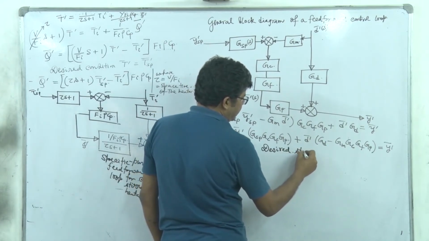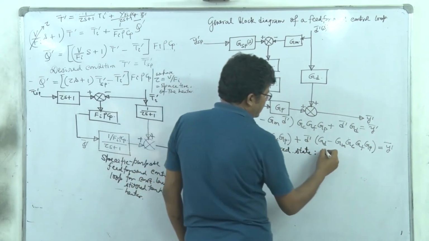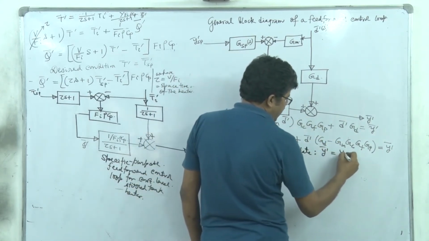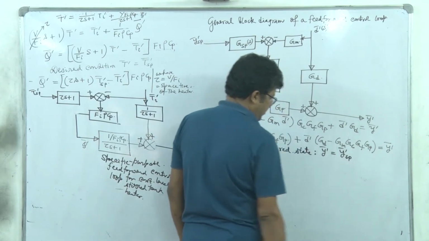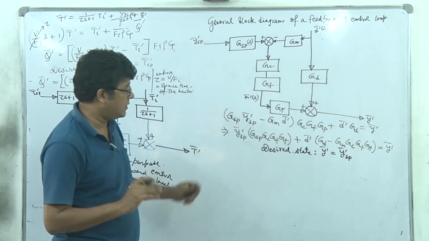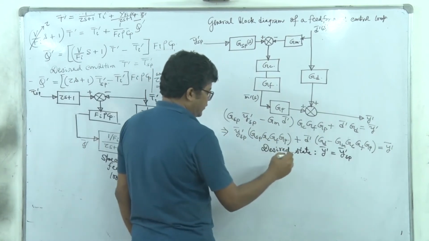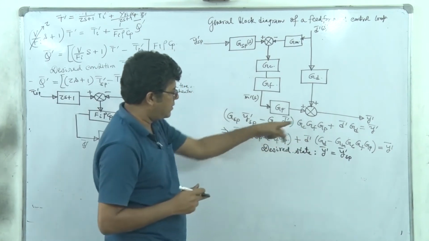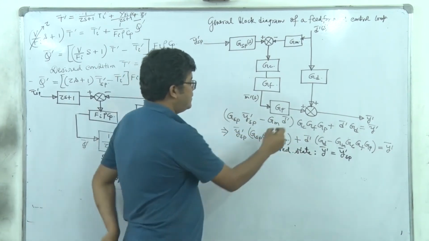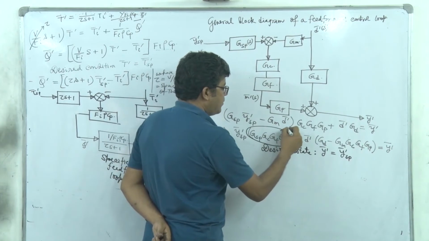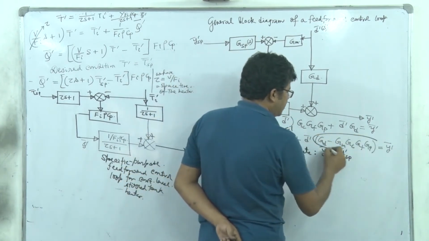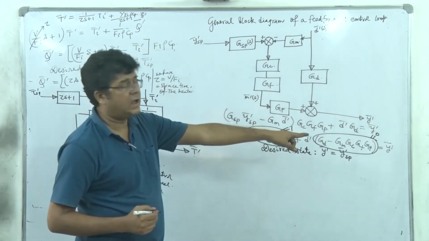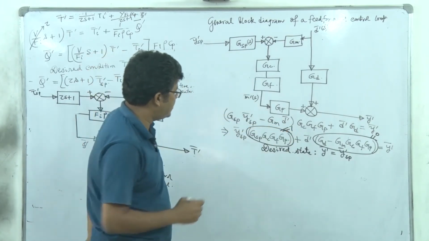Desired state is Y prime, no matter whatever may be the D prime bar, but Y prime bar should always be equal to YSP prime bar. That means the output should always be at its set point. So to implement that, definitely the coefficient of this YSP bar in the equation must be equal to 1. That means this one must be equal to 1 and this one must be equal to 0, right? And then only we have Y prime bar equal to YSP prime.